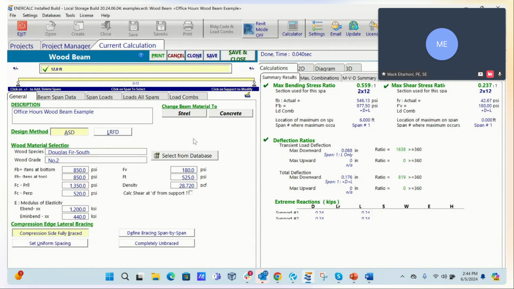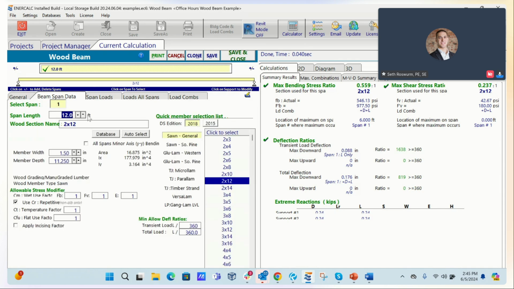All right, and also directly related to the wood beam interface you're looking at right now, a question from Matt. The use of pressure treatment reduces the structural properties of the wood member. Are there plans to include these reduction factors into the wood modules? So if you look at the beam span data tab, what you're typically looking at when you introduce the effects of pressure treatment is the incising factor, or the CI, from the incising that happens so that the section can absorb the pressure treatment. And so you do have the ability to toggle the incising factor on or off.